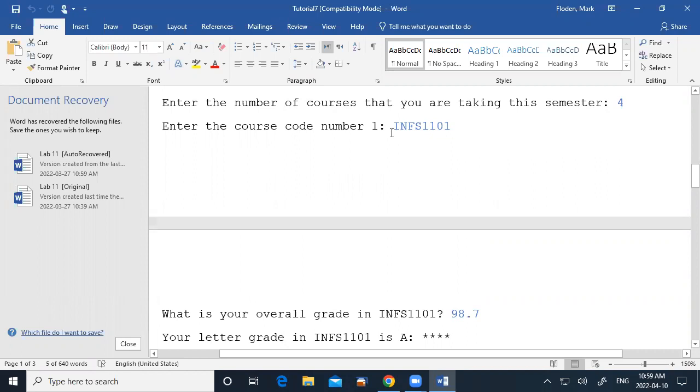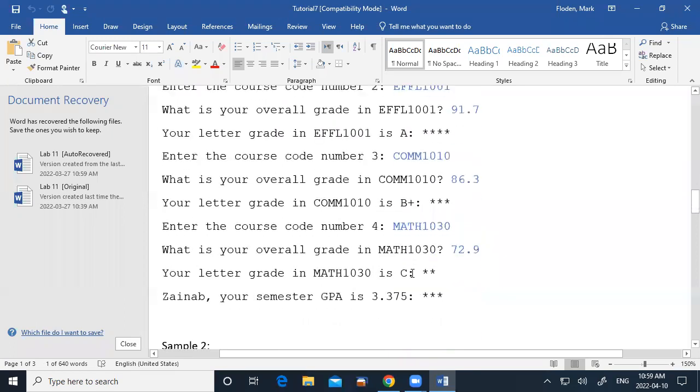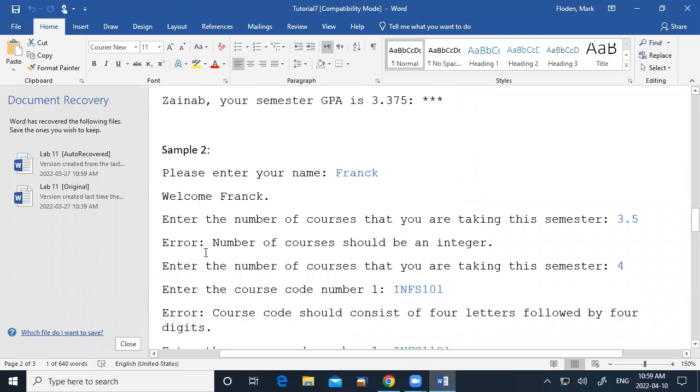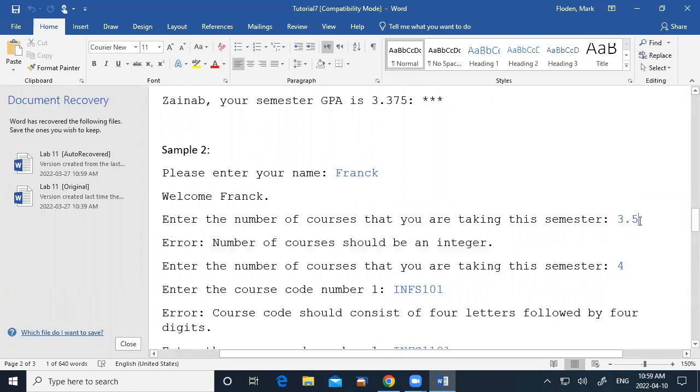And the thing is that we've got some error trapping going on, because if the user enters a name which is not per specification, we actually can have an error come up. So here it is. All right, they have to have an integer for the number of courses. That's fine. So if they put a float value,